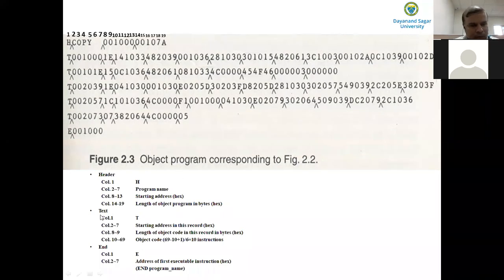So from column 10 to 69, start writing the object code. Two columns per byte. One byte you have to write in two columns. So 14 in two columns, starting from column 10. What is the object code of the first instruction?